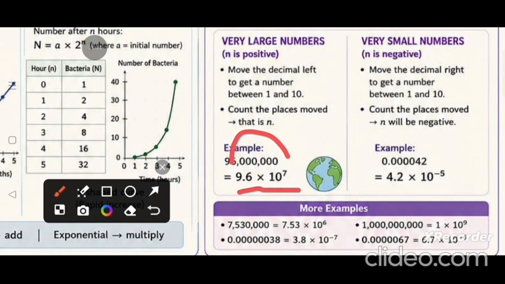For very small numbers, n is negative. Means if the number is less than 1, it will give the negative exponent. So move the decimal right to get a number between 1 and 10. So on the right side we have to move the decimal after 4. So it becomes 4.2 multiply 10 raised to the power of negative 5, the digits under this curve. So we write